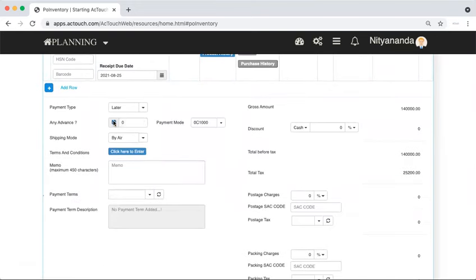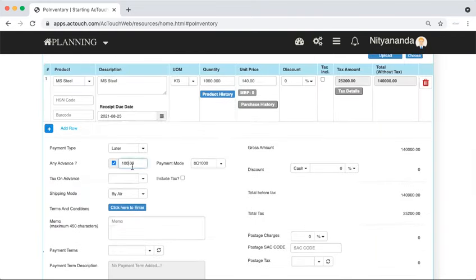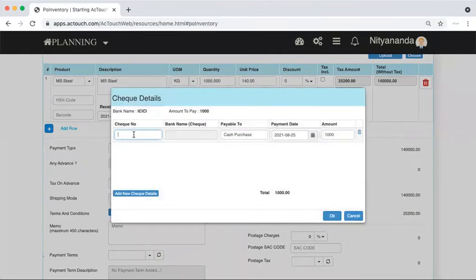Now let us say you have the option of paying the advance. Let's say you want to pay the advance to the supplier. Say I'm just paying some 100 rupees here. Let's say 1,000 I will take here. And how are we going to pay? Are you going to pay by cash or pay with a bank check? Right. This is typically the olden days check.